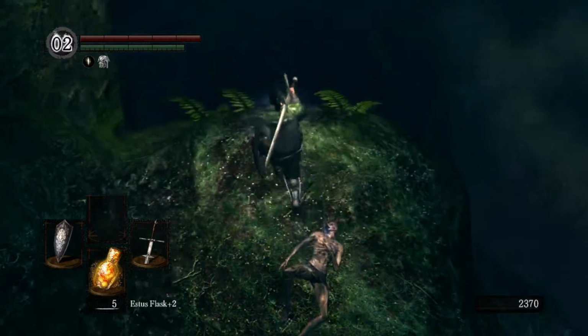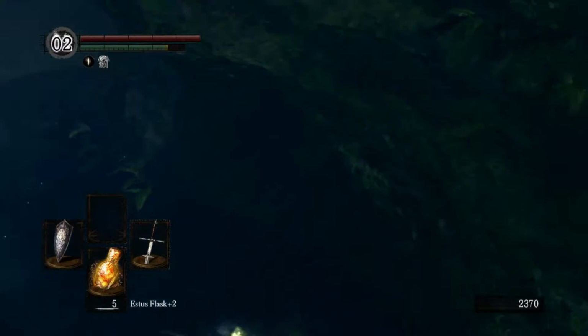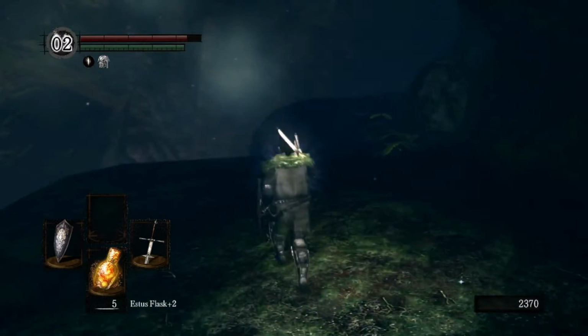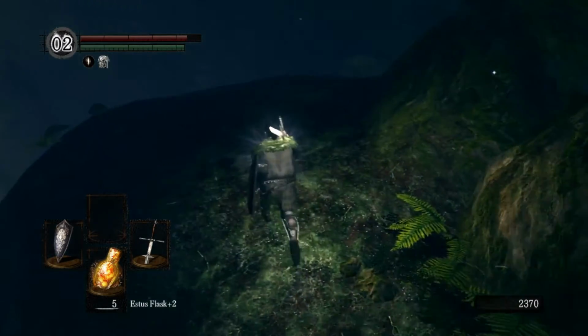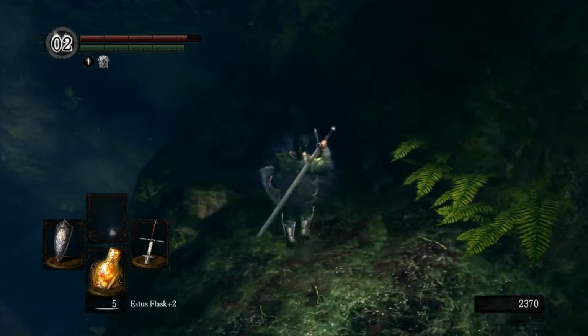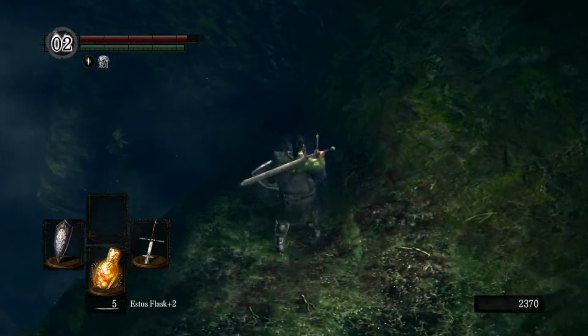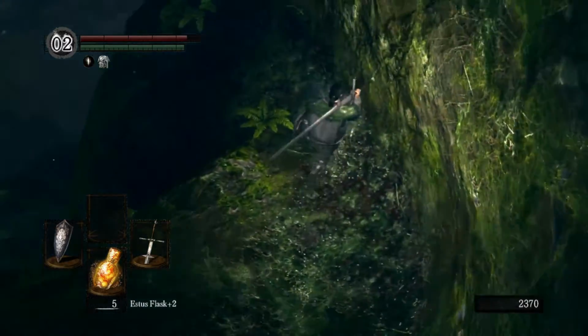Okay, some decent light gear there. You take a little bit of damage on that fall, but nothing serious. I believe this is where you also get the Grass Crest Shield, which is one of my favorite shields in the game. It has pretty decent resistances, and it actually increases the rate at which you regenerate your stamina. So Black Knight right around this corner,